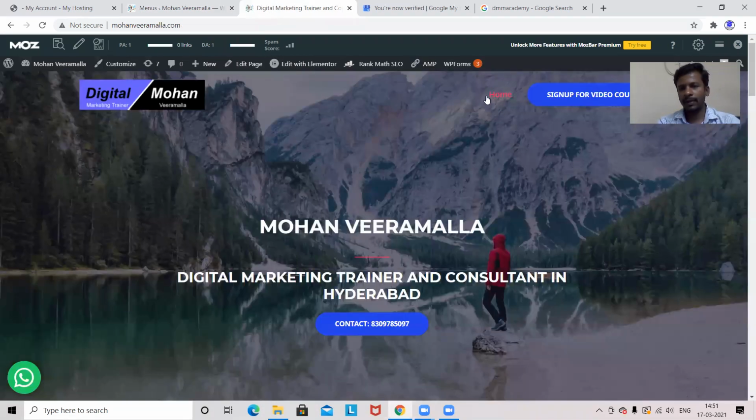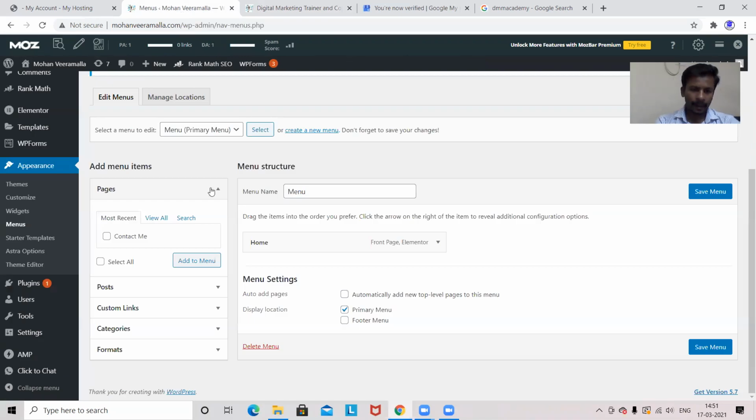And this is a button, not a menu icon. I'll tell you how it will be. So only home I have, and I want to add the contact me page, which we created in the previous workshop. Add to menu.